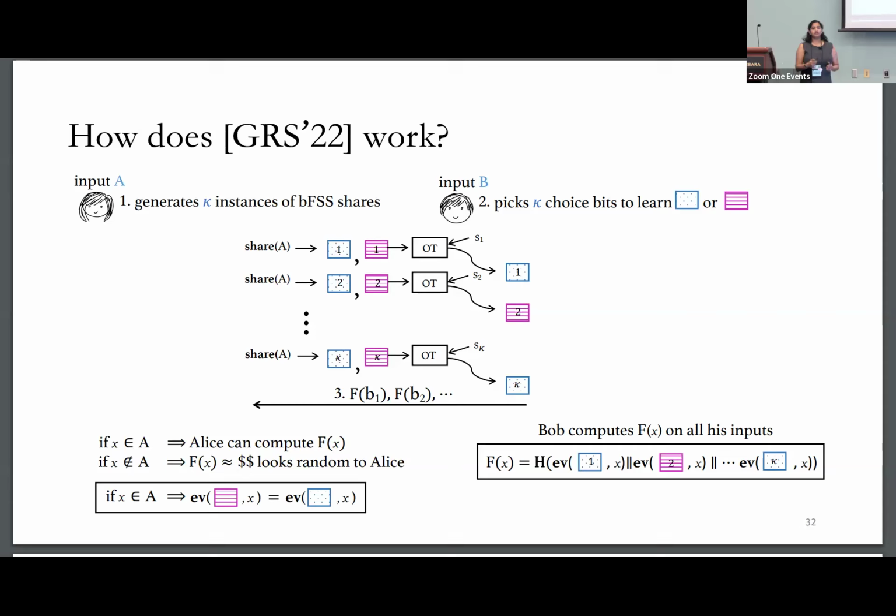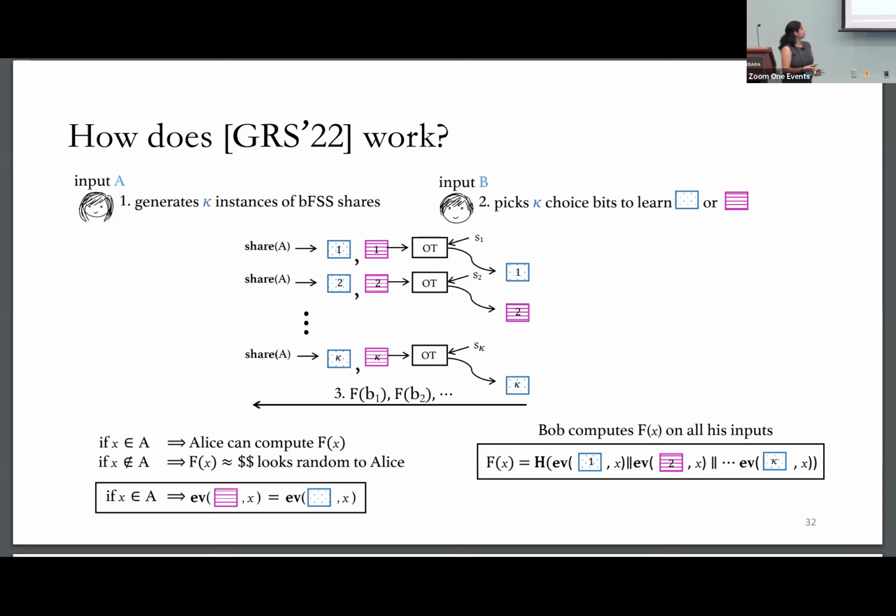Now, from Alice's perspective, for any point within her chosen input, she has the ability to compute this function. This comes from the property of the FSS because it doesn't matter whether you evaluate on the pink share or the blue share, your evaluations will match. So she doesn't really have to guess what Bob's choices were. So for every point within the structure, she can compute this function f. And crucially, for every point outside the structure, she can't compute this function f.